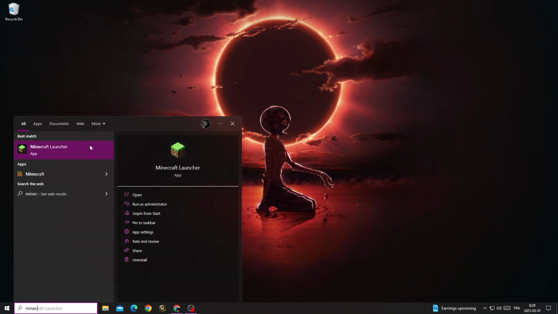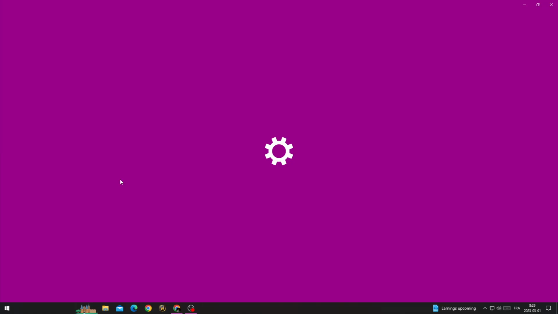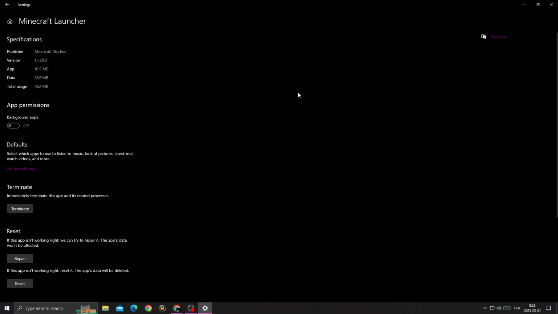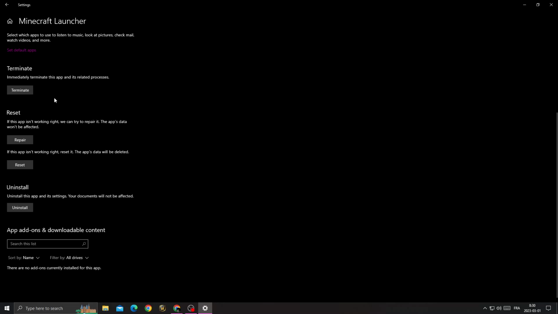Minecraft launcher and then right click on it, and after that click app settings, and then just scroll down until you find here reset, and here we'll find repair and reset. Just first click repair, and now just open